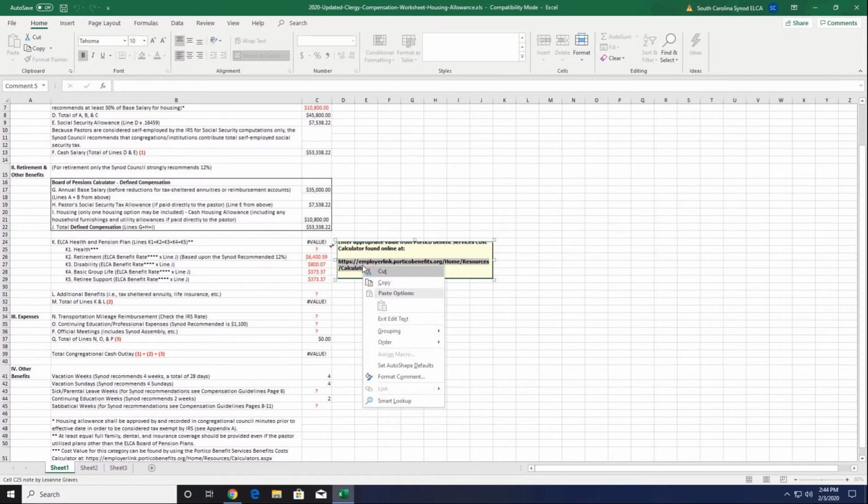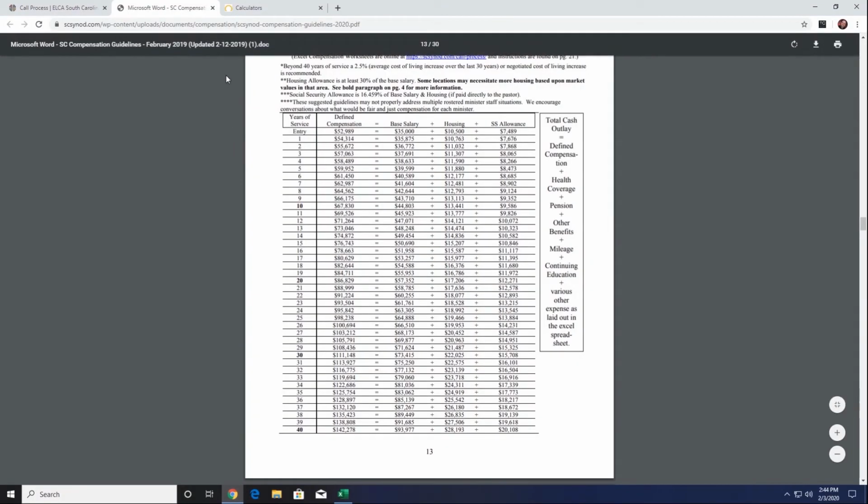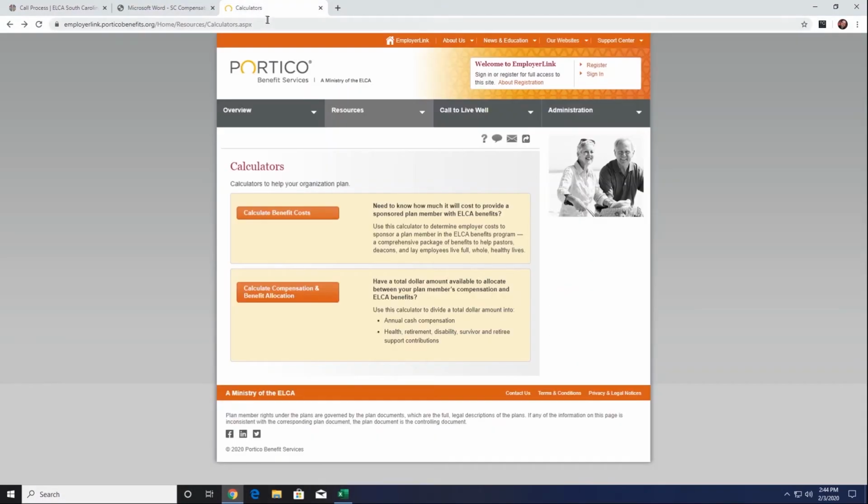And so you'll go here and you'll go to copy, and once you copy that link, then you can actually go back to your web browser and take it and put it in. For the sake of our time today, I've already done that. Once you put it into the web browser and press enter, this is the page that's going to come up.